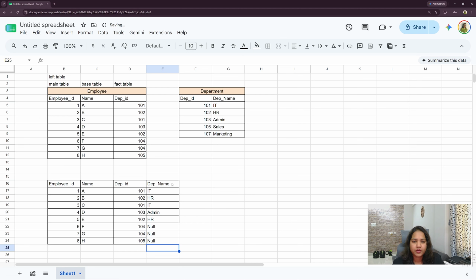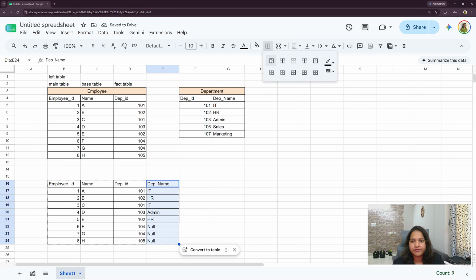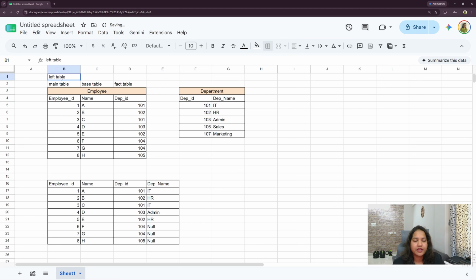That's all. So this is your left join, which means you will take one main table, that is your left table. Then you will take one table where you have the column that you need to join. Using the common column, which is the department ID, you will join this particular column to the main table that you want. After joining, wherever there are matching records, you will put those values. If there are no matching records, you will give it as null.